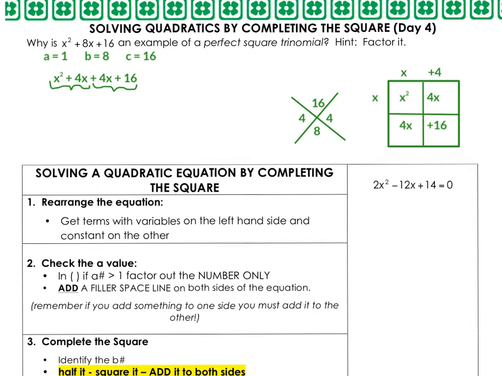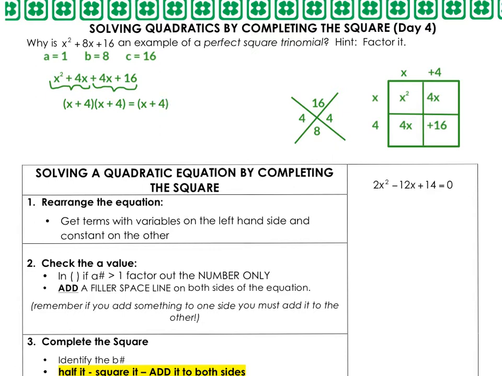What times x would give me 4x here? That would be a 4. And then always check that last one. 4 times 4 is 16. So now I can write this as the x plus 4 and x plus 4. Oh, but x plus 4 times x plus 4, that's the same thing as just writing x plus 4 squared,